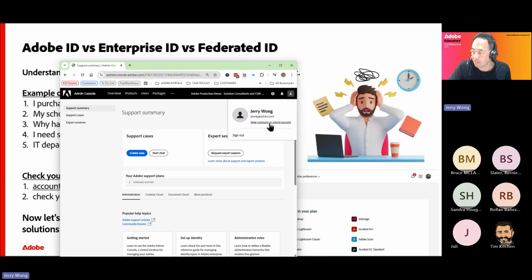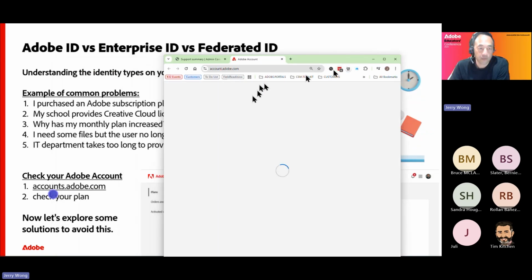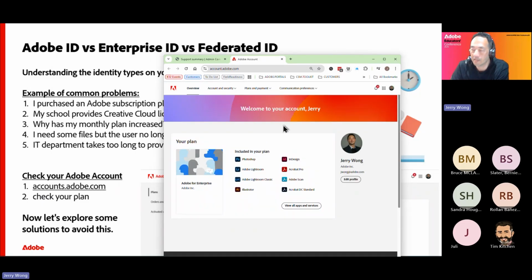And if I go view account or look at the account details, that's pretty much the same shortcut that I've showed you there. So the first point to troubleshoot this for your user is just make sure, look, get them to log in and then check the actual plan that's attached to that particular login, right?